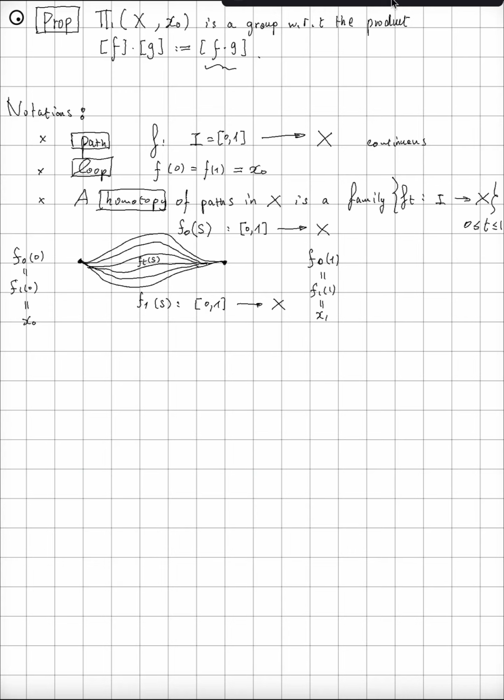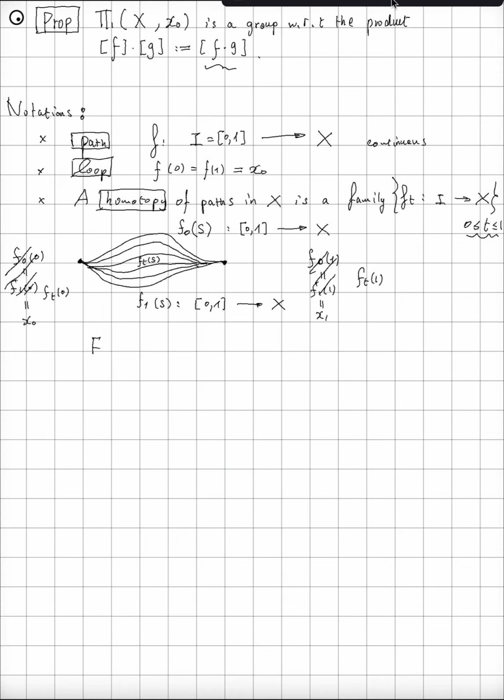So this t, as we said, parameterizes this family. t changes from 0 to 1, but for each fixed value of t, this is again a path with unknown s. And so actually this condition, instead of saying this, we could just say all the ft have endpoints x0 and x1. And the way we say this is continuous changing is by requiring that this function of two variables